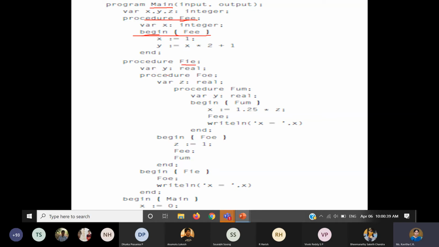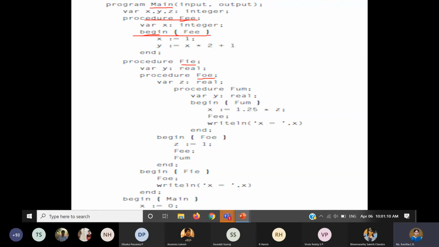That is what I was telling about scope. In the procedure fee, y is a variable that gets assigned some value, and definitely that is going to be an integer because the scope is not changed. We will speak more about scope in the next slide. Here I will just try to explain how it has been written and constructed. Within the FIE function, what do we have? We have another function defined. What is that? We have FOE.